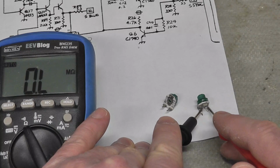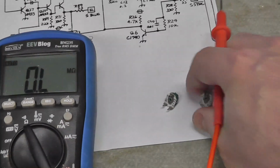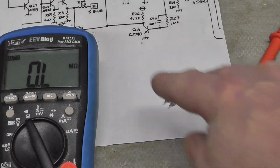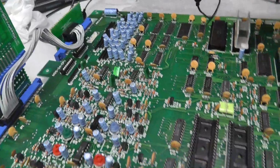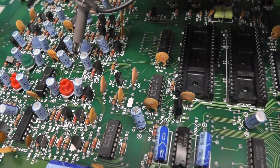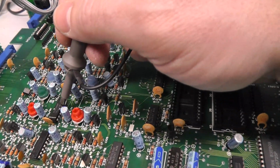So I'm thinking this has got to be it, right? Unless I'm not making contact, but this has got to be it. This pot is the one that I pulled out of the one section that's giving me the problem. I'm going to put this one in, and we'll see what we get. Let's check. You can see here I pulled the green variable resistor out of this side of the board and put it in over there. Let's check our